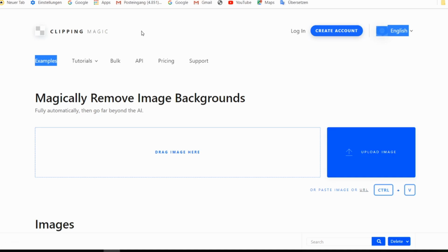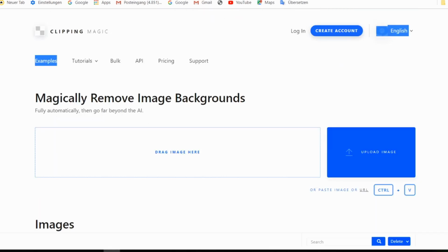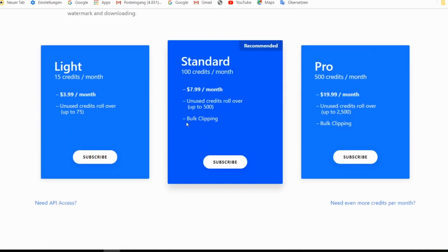And the other one I will show you is, before we move on, let me just show you what you need to do. This Clipping Magic is not free. Let me show you their plan. They have a plan of at least $3.99 per month. You can make the math yourself. If you get at least 4 customers that you earn $5 from per photo,